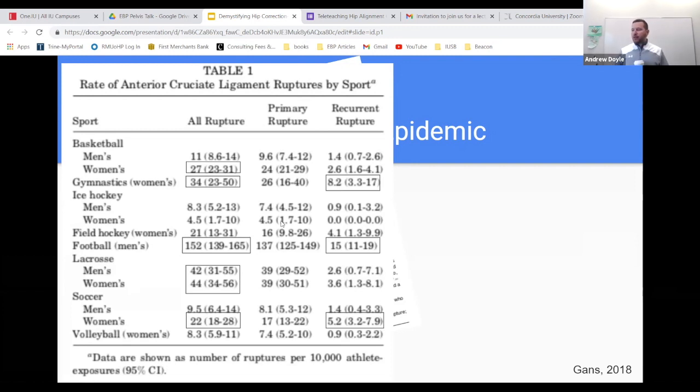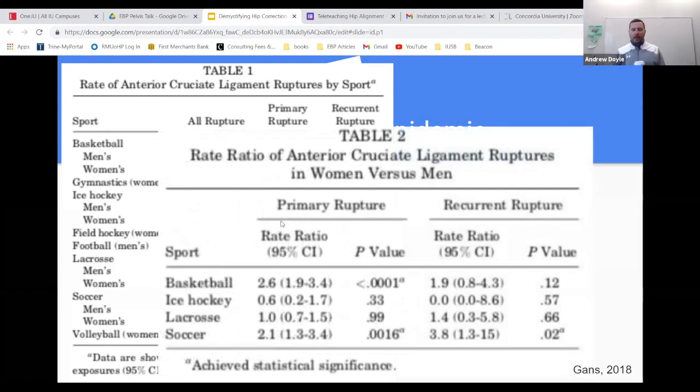the men's soccer, and the rate ratio is really what's comparing the density of the incidences among the exposed. So a rate ratio of 1 means that there's no difference between groups. And if we get higher and higher, that means that there's a larger rate of the density of instances within a group. So when we look at this, men versus men, or men versus women rather,